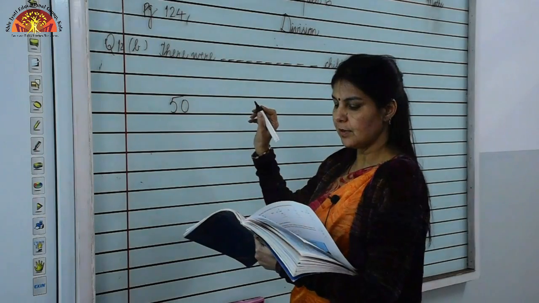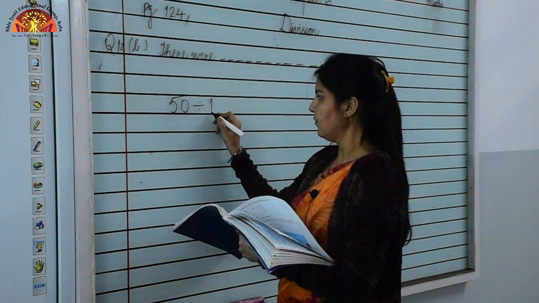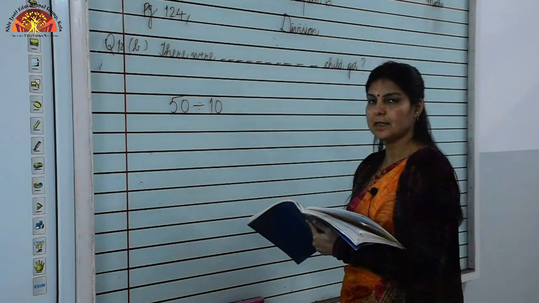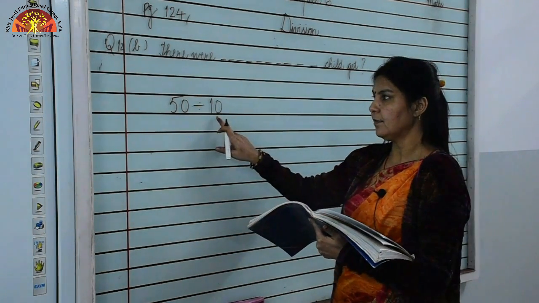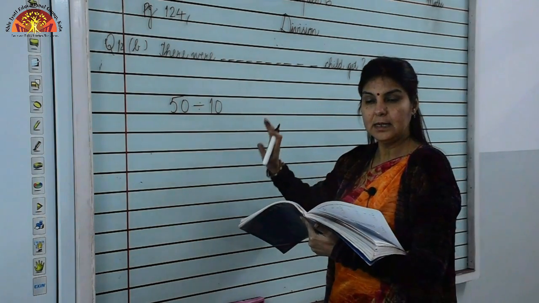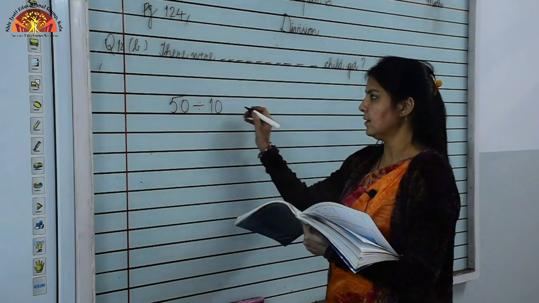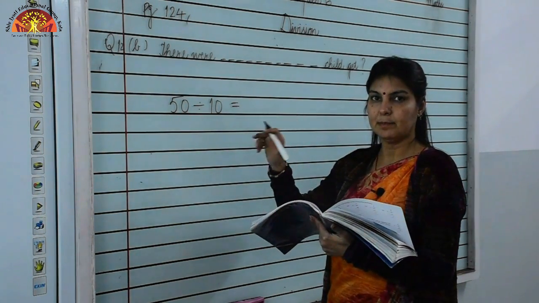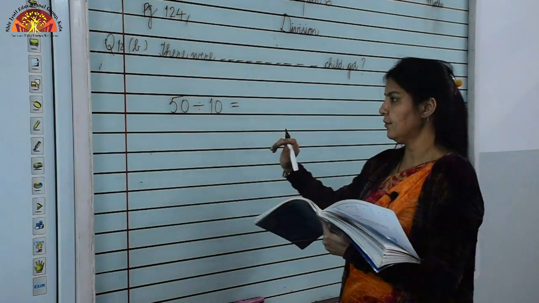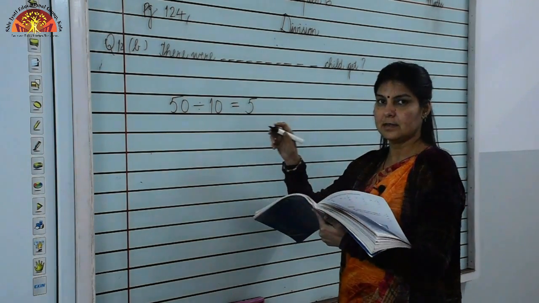And we are going to divide 50 by 10. Why are we dividing? Because 10 children share them equally. So we will divide 50 by 10. Now how many did each child get? You will find out how many each child will get. So you have to speak the table of 10. How many times will 50 come in the table of 10? It will come 5 times. 10 5s are 50. This is the sum.